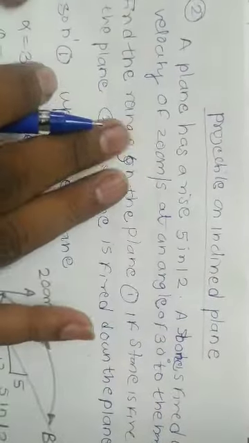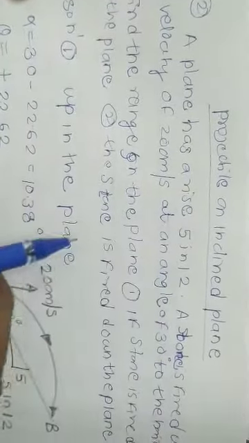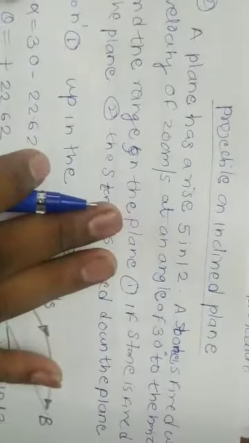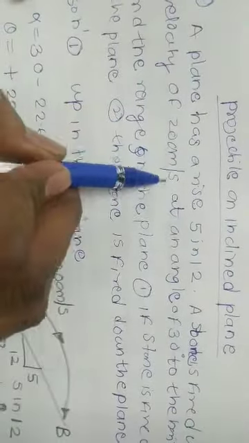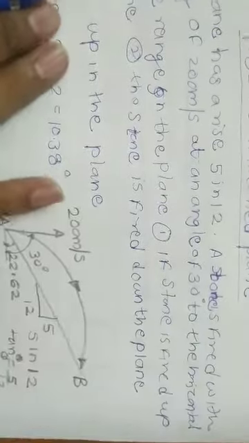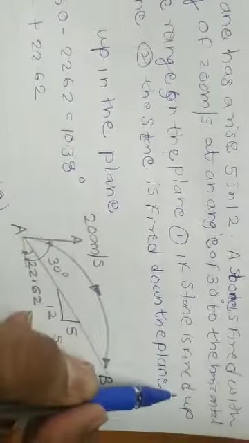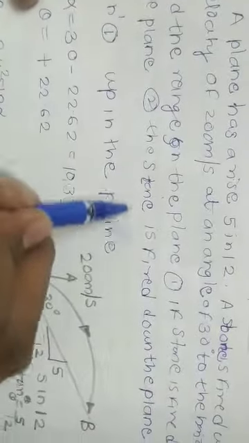Second problem on projectile on inclined plane. Problem statement: a plane has a rise of 5 and 12. Plane slope is given as 5 and 12. A stone is fired with velocity 200 meter per second at an angle of 30 degree to the horizontal. Angle is given with the horizontal again. Find the range on the plane if the stone is fired up the plane and if the stone is fired down